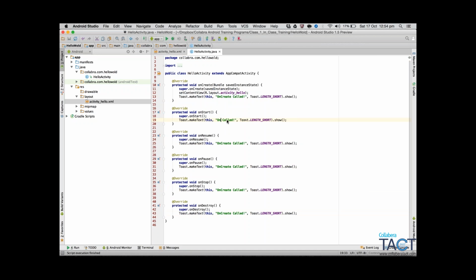On create, on start, on resume, on pause, on stop, and on destroy. Okay, so now if you see, what I have done is I have written the pop-up message